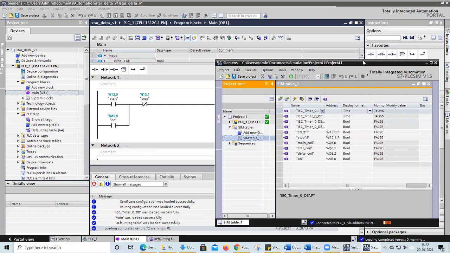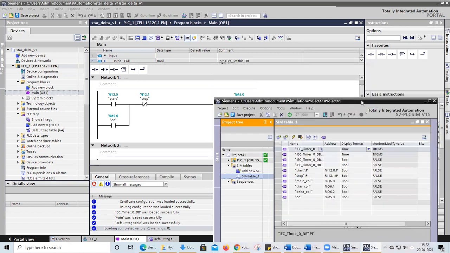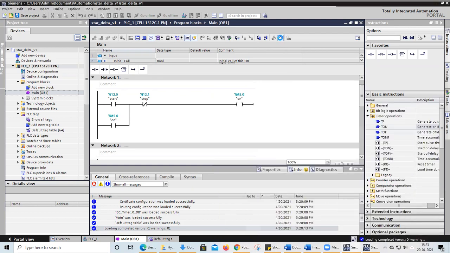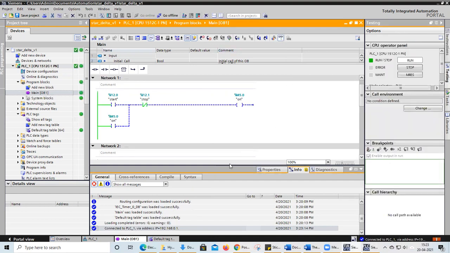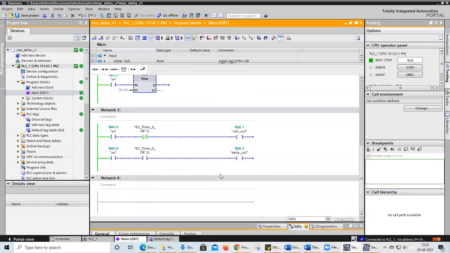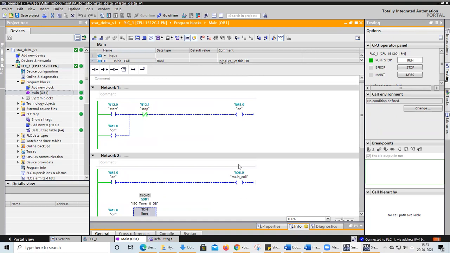But we need to turn on our simulation. For that, there is an option called make CPU in run mode. You click on this one, and there is one more option, the spectacle option I told you. You click this one. Now you can see green lines and blue lines are visible to you. For everyone, these lines are visible. This means our CPU is in on condition.